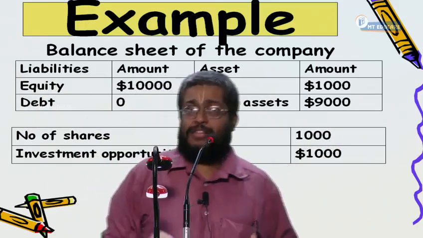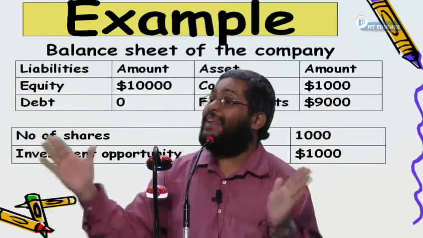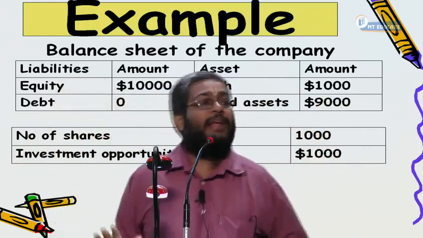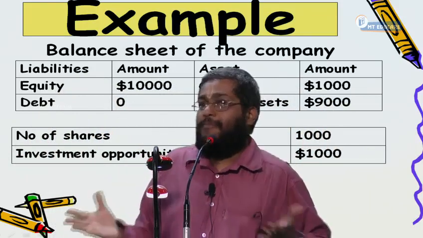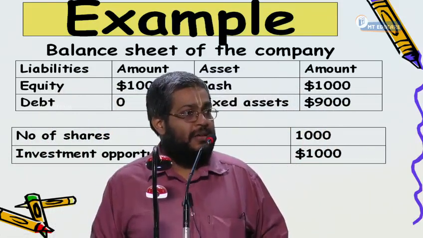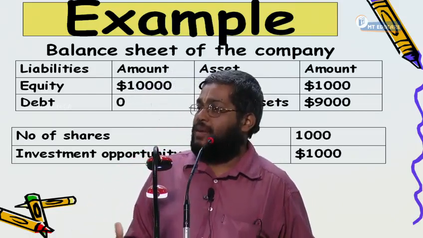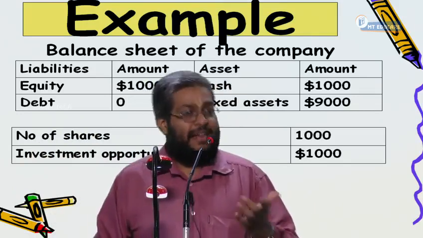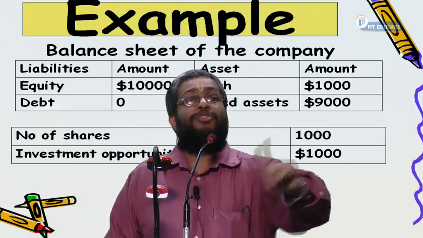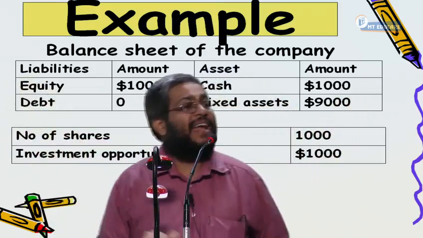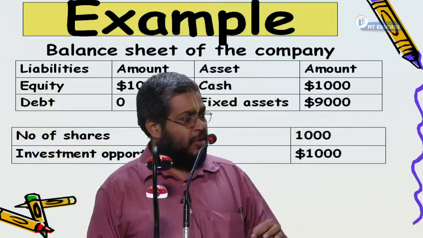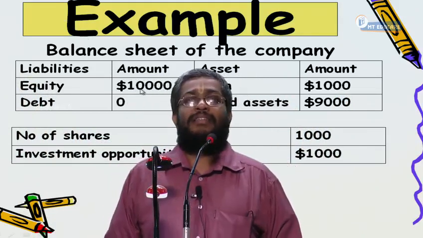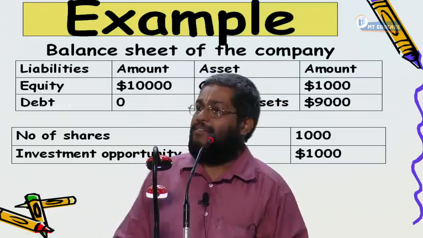So the value of the company is $10,000. This is the market value of the company. Respond yes or no. This balance sheet I call the market value balance sheet. Now, this $10,000 company is shared by 1,000 shareholders. That is why every share is worth how much? $10,000 shared by 1,000 shareholders is 10 rupees. That 10 rupees is not the book value of the share. That's how the market price of the share is arrived at. Everybody following? So every share is worth $10.